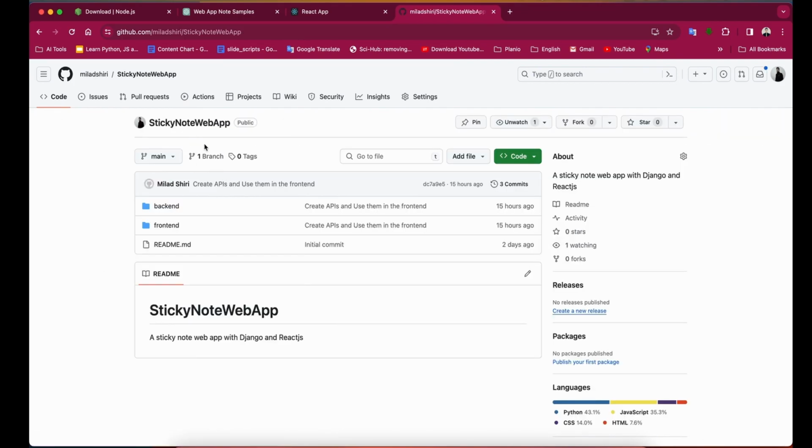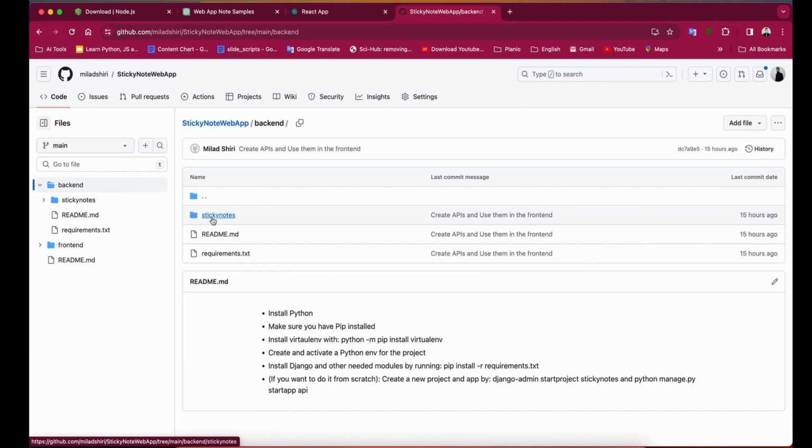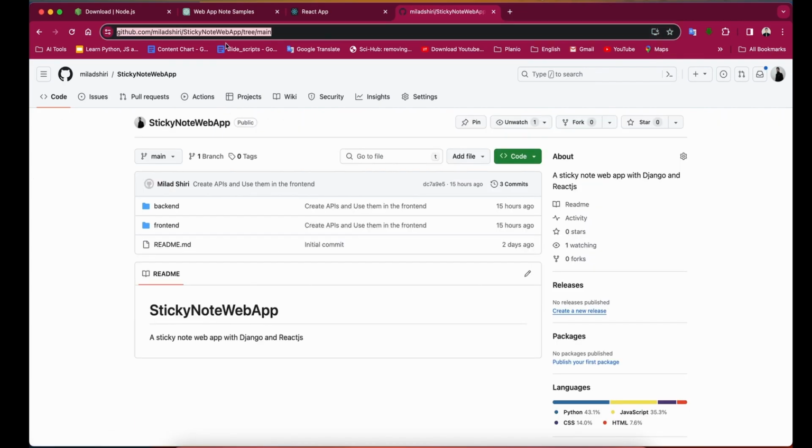Basically there are two folders, backend and frontend. Okay, now let's create the project first. Let's create the folders and then we can start coding. And there's one thing I need to mention, is that basically